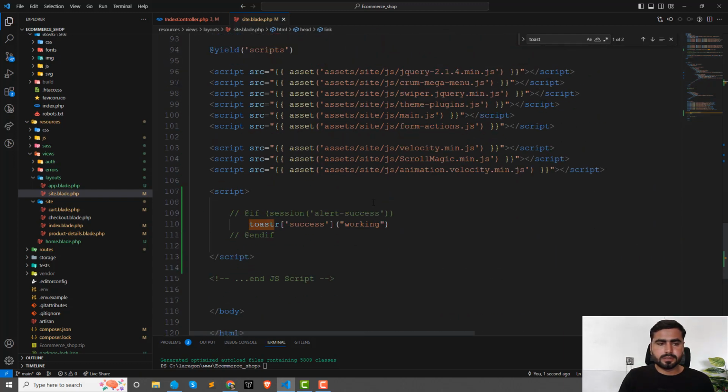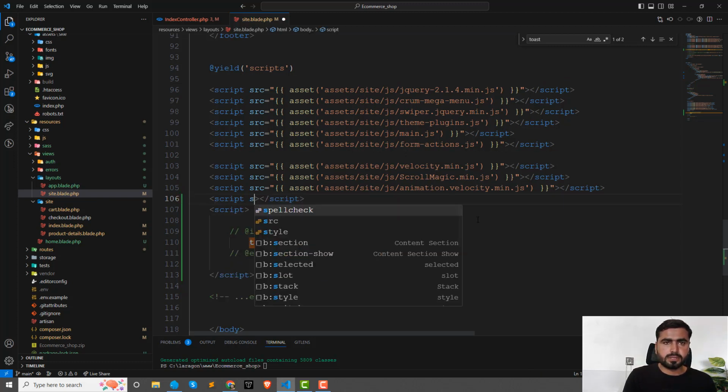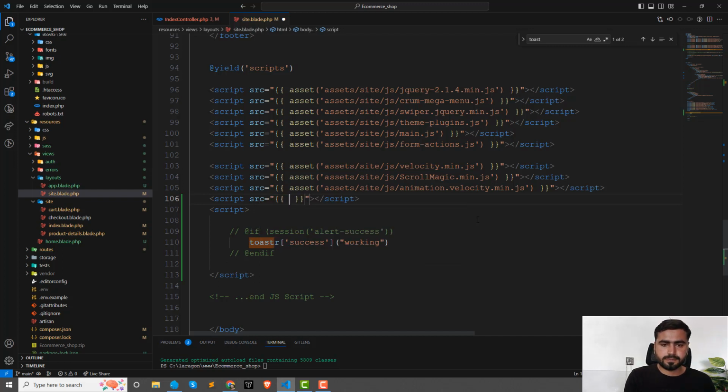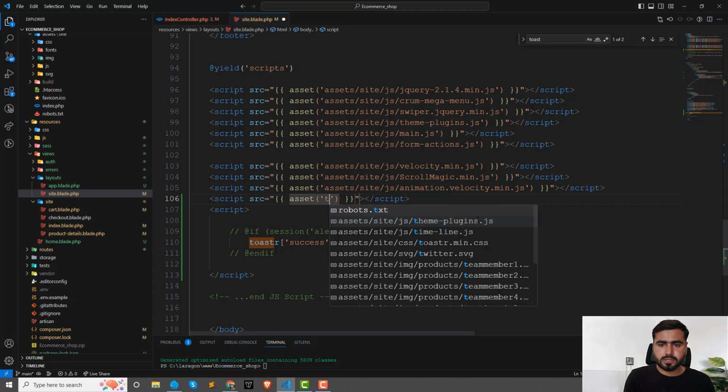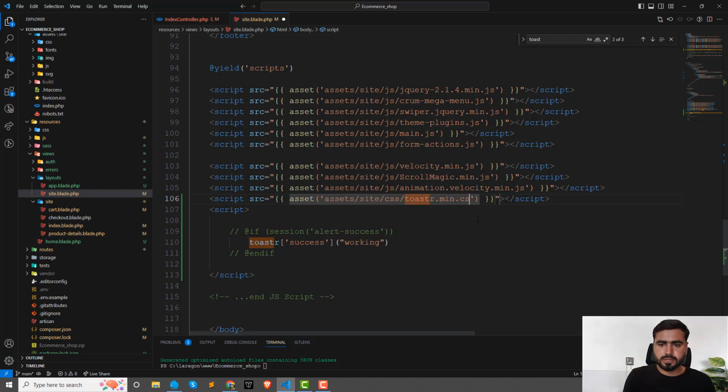And then here we are going to use this toaster script, and there is a source, and then asset, and here I'm going to use this toaster.js